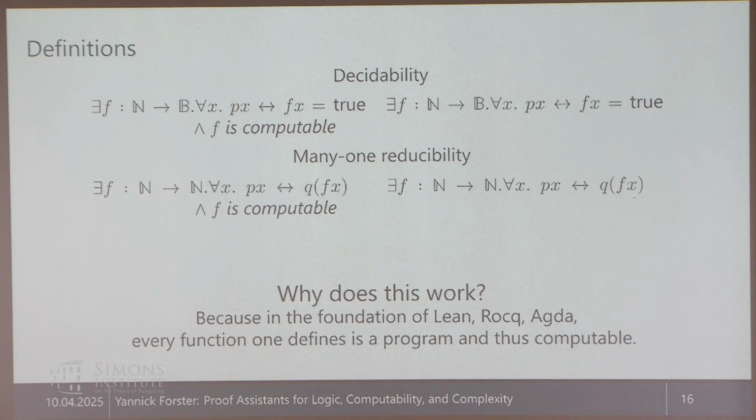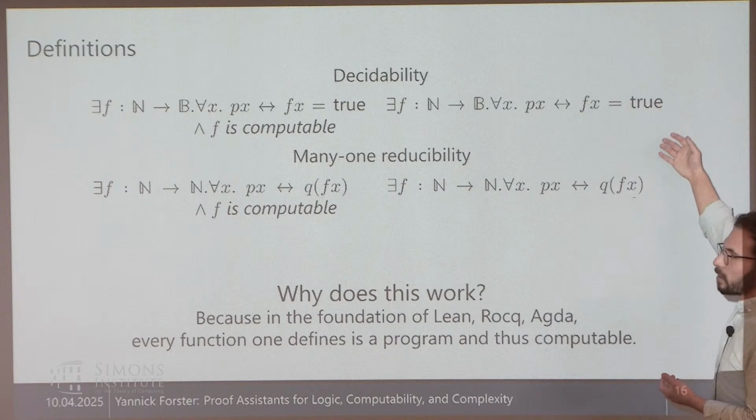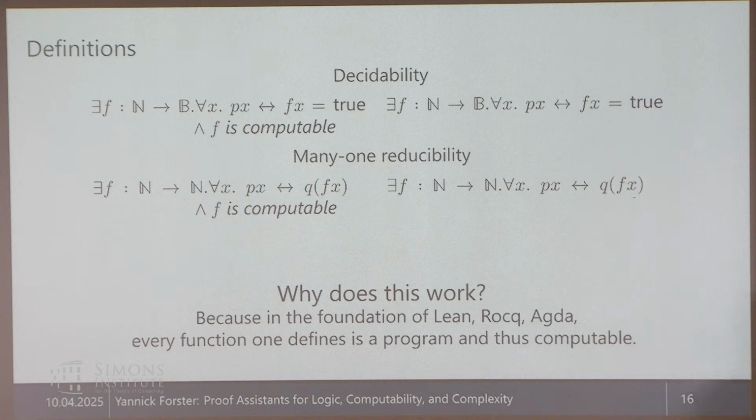And you can make use of this to actually do undecidability proofs. To do decidability proofs first, because if you want to prove something decidable, you just write down a program and then you prove that this is correct. And in your proof that this is correct, you use arbitrary math, whatever you want to use. But if you have written the program first, Lean will not by default let you write a program that does something non-computational. It is a programming language. So decidability proofs are easy.